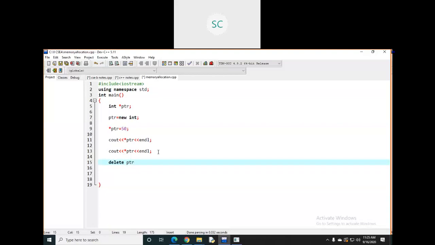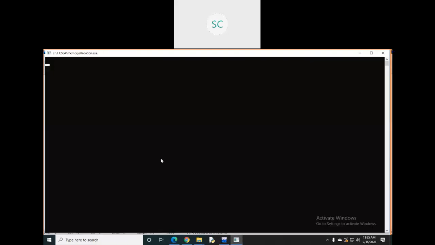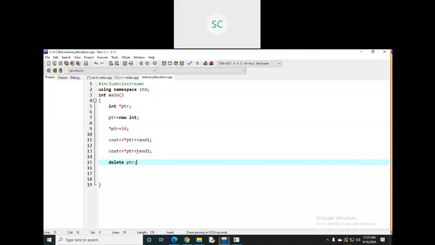Let's see. If I print this thing, you will get only 50 50, but that memory is going to be deleted from the RAM. If you want to check whether that memory is deleted or not, instead of printing star ptr here, let me print that statement after deleting that memory.